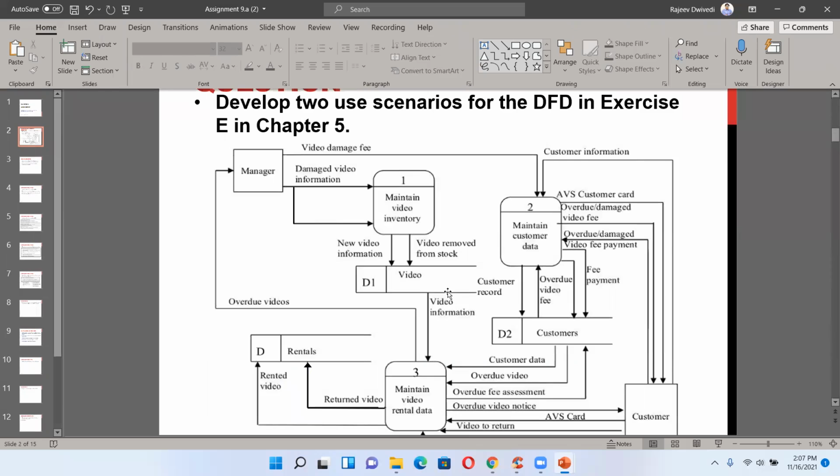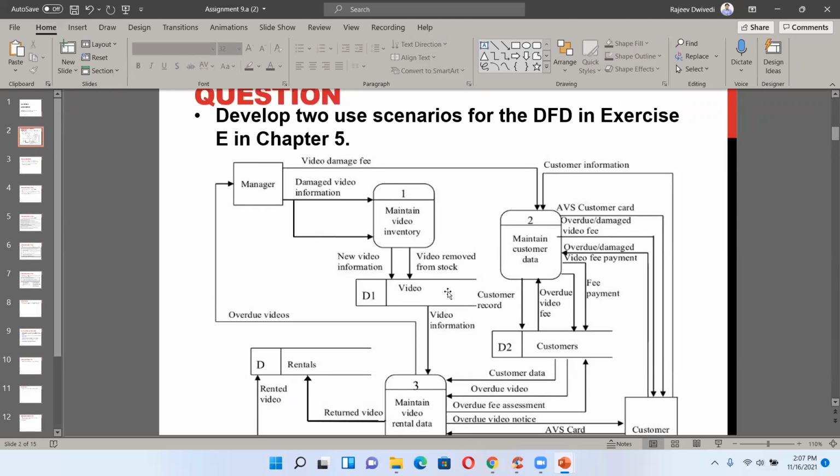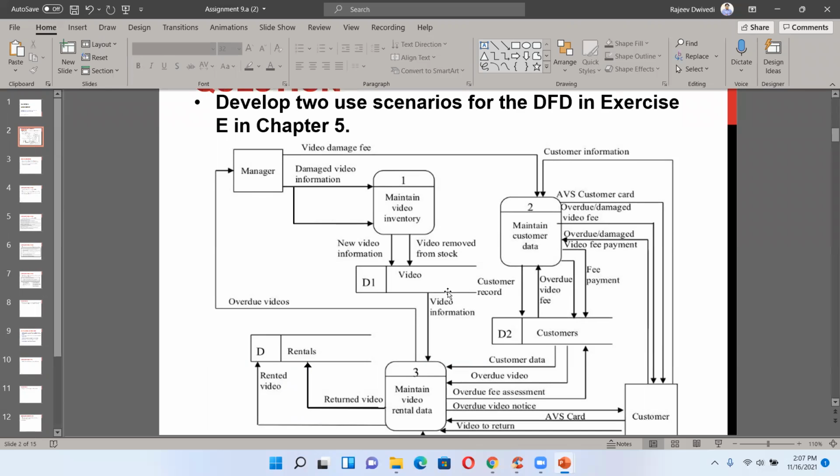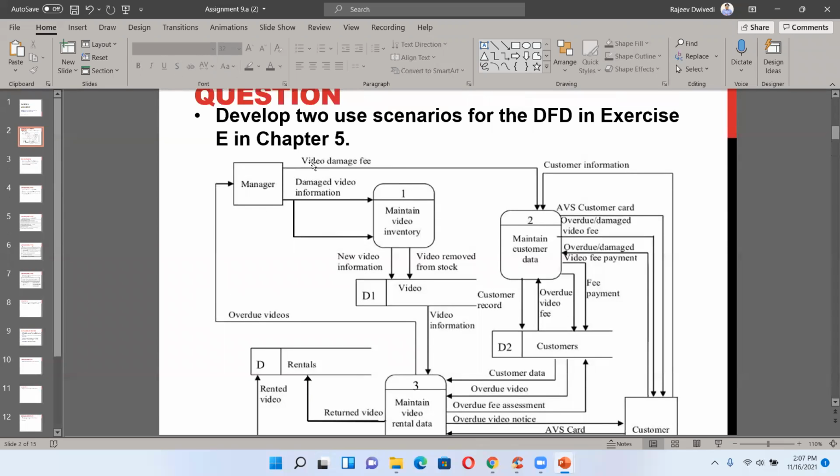So if this is clear to everyone, this is what we are going to do in the assignment or homework. Don't get confused, because many people ask, I get confused why we are doing this. This is all linked from chapter 1 to the last chapter. They are all linked.